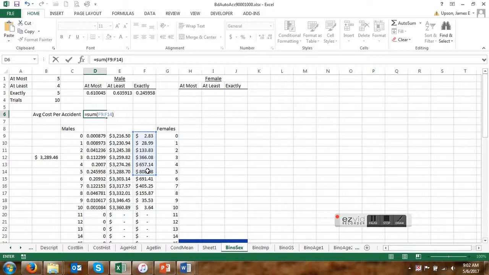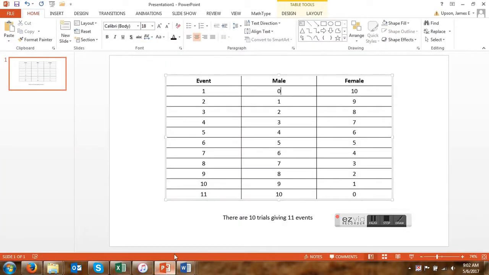When you say at most 5, you're restricting the event space. So I'm going to come to my simple little section here. When I say at most 5, that puts me in this area. What I'm also saying is that these are not part of the event space. So the probability question is, what is the likelihood, given 11 events, that at most there are 5 males? And that gives us our answer